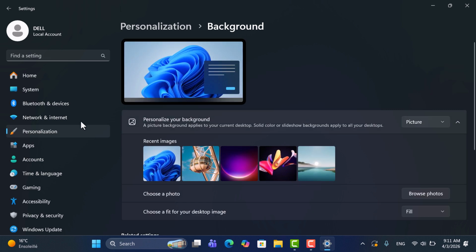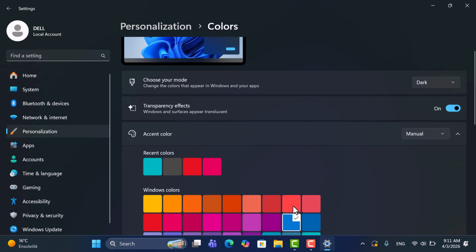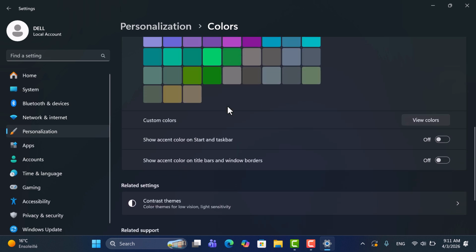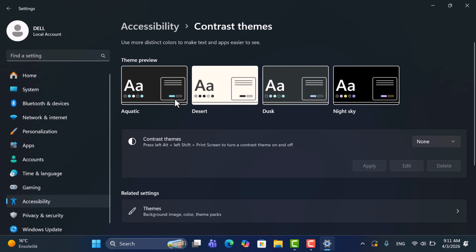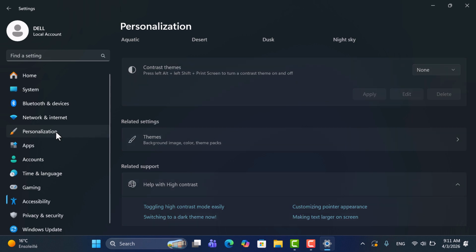So now let's go back again to personalization, and here you can change the colors. You can set a different colors as you like, as you can see, and also you can set the contrast theme. It can be dusk or night sky, desert, as you like. You can see. Let's go back again to personalization,